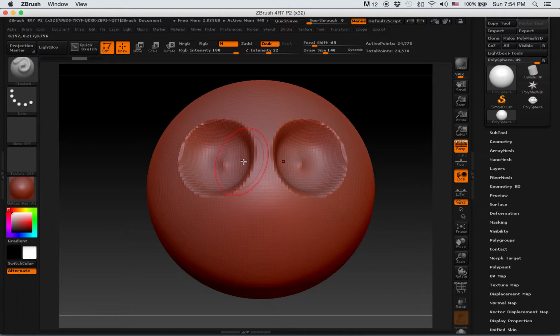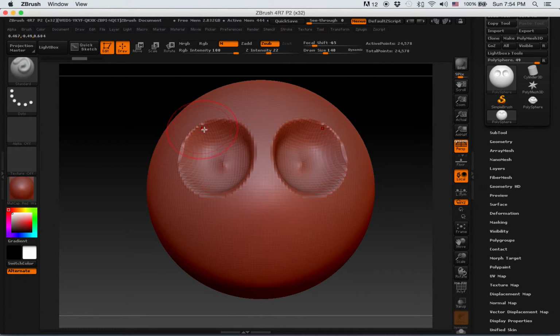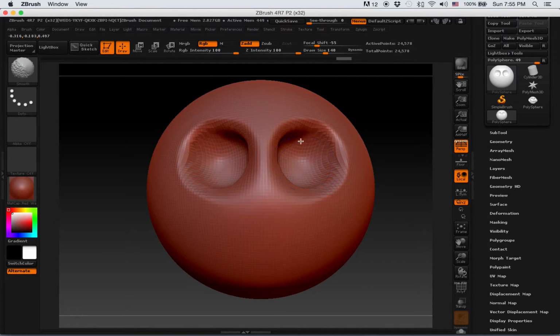So what I'm going to do is start smoothing this around. To smooth, you can use the smooth brush over here, but I barely use that. The smooth brush is always activated if you just press Shift, and then you can start smoothing in certain areas. Some of them I'm going to leave sharp, some of them I'm going to smooth down. Then I can keep going with the Z Sub tool